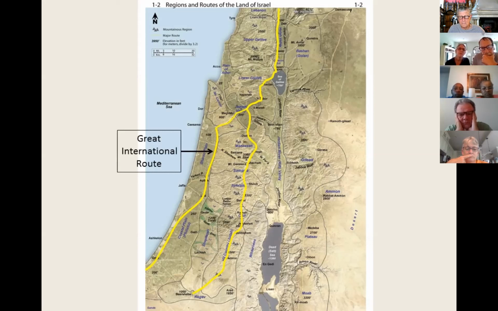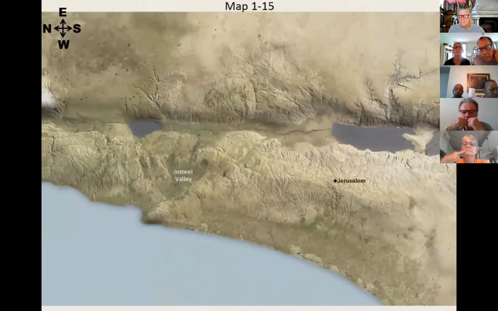The Rift Valley route connects the Dead Sea to the Sea of Galilee. We've marked it out on the east side of the Rift Valley along the foot of Gilead. Finally, the King's Highway comes through Moab, along the plateau, past Rabbath Ammon and Gilead, north through Bashan, and off the map toward Damascus. Using map 115, let's take a closer look at why the Jezreel Valley is a hub